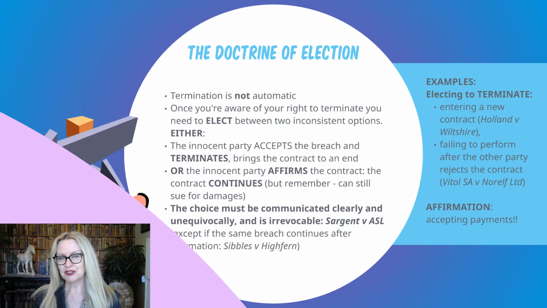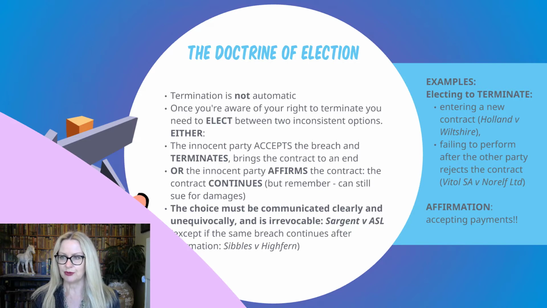The only small exception to that is if you have decided to affirm a contract and then the other party doesn't take the hint and mend their naughty ways. If that's the case and they continue the same kind of breach after you've indicated that you'll affirm and keep going, then for their fresh breaches, you have a fresh right to terminate, and so you may elect to terminate for their continuing breach. Okay, but generally speaking, it's a once and only decision that you'll make